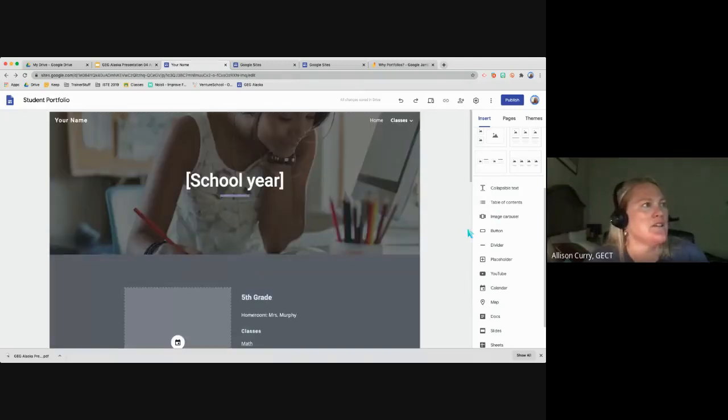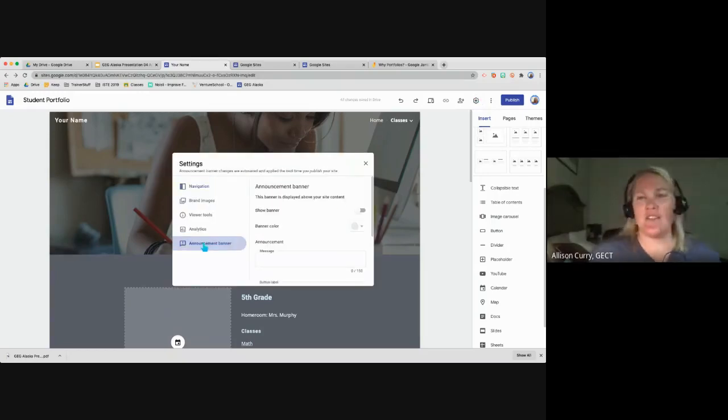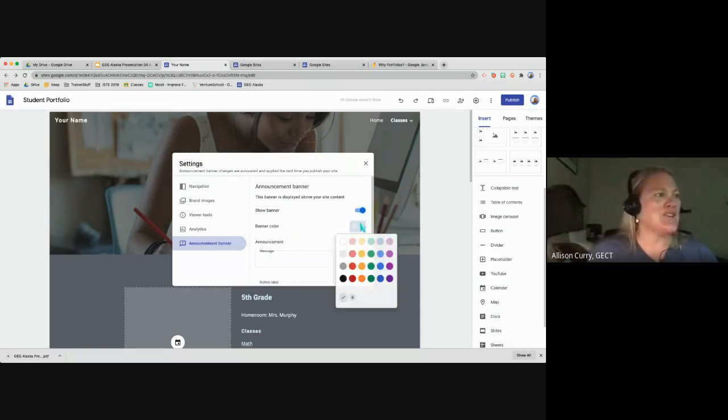So this is one of my kids' favorite things. It's called an announcement banner, and it's up at the top of your site. I got there from this cog where you find all your settings, and the kids can put any message that they want, and they can show it or turn it off, and they can choose the banner color. So they can say, like,